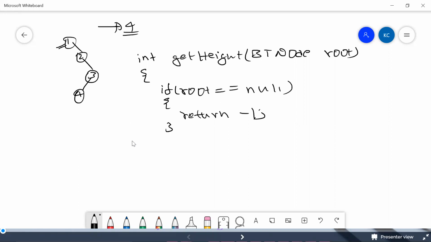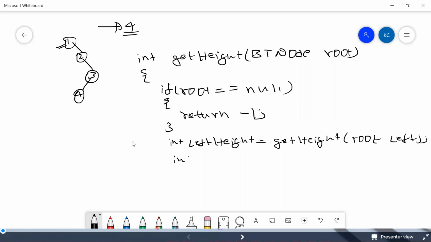So let's say we are taking int leftHeight. In this thing called leftHeight, I'm trying to call getHeight of root.left, something like this I'm calling.